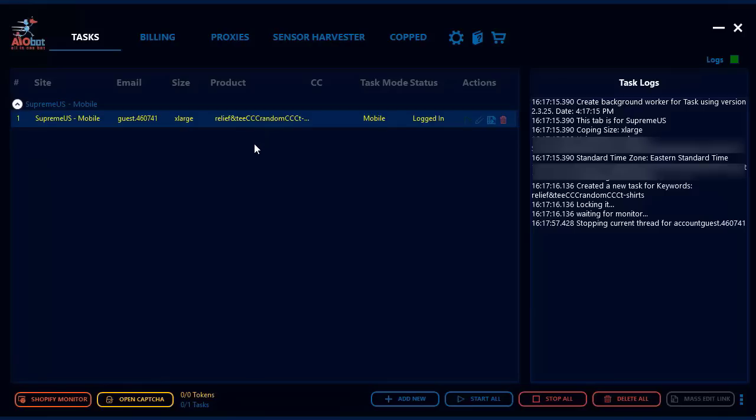And some very general tips as well. Do keep in mind that these drops, especially when we're talking about box logos, can be a bit crazy. There is a very high chance that the Supreme site could crash. What that means is that normally, when the site doesn't crash,